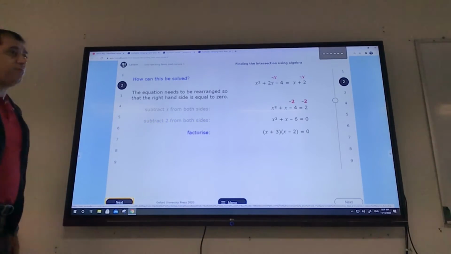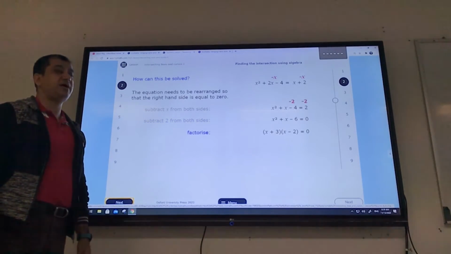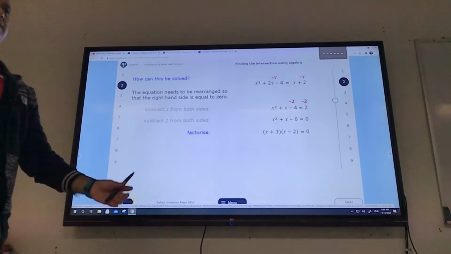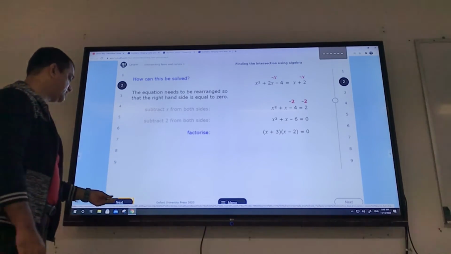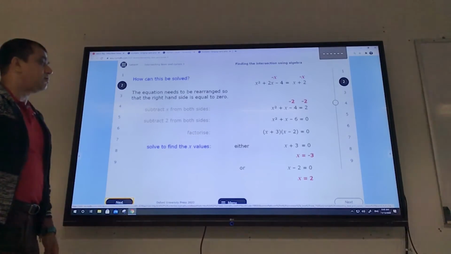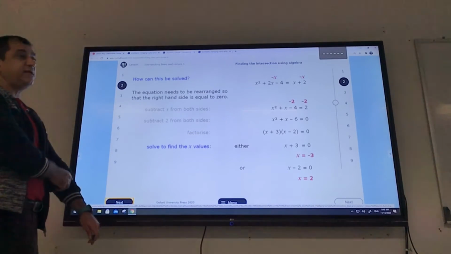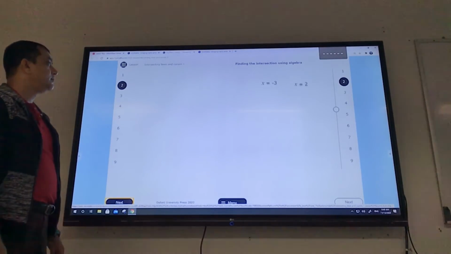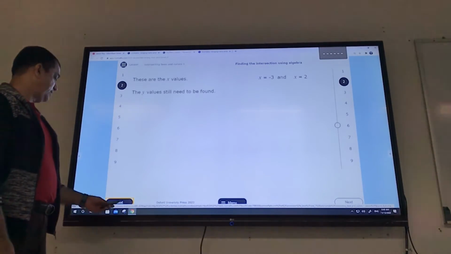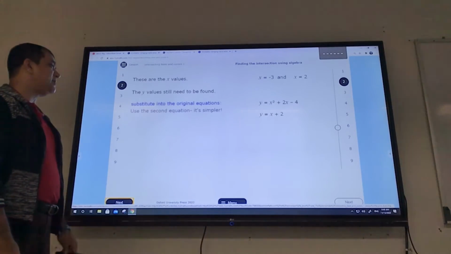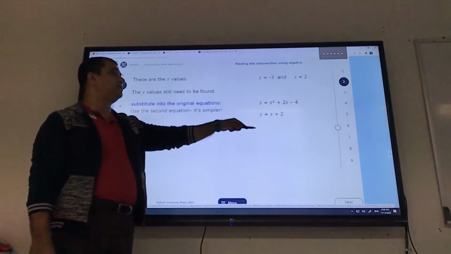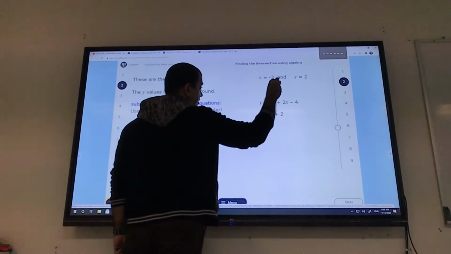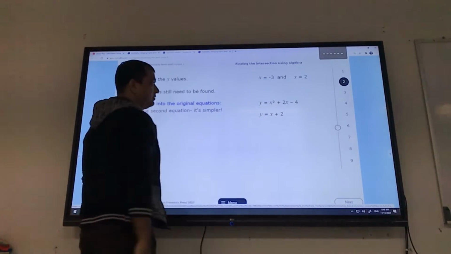And now we can solve by any of the three methods: factorizing, the formula, or completing the square. He's doing it here by factorizing, okay? So we get two solutions of this equation, x equals -3 and x equals 2. Now, we don't have y values, so we can use any of these equations to find the y values. Just plug in x equals -3 in this equation or in that equation, you get the value of y.